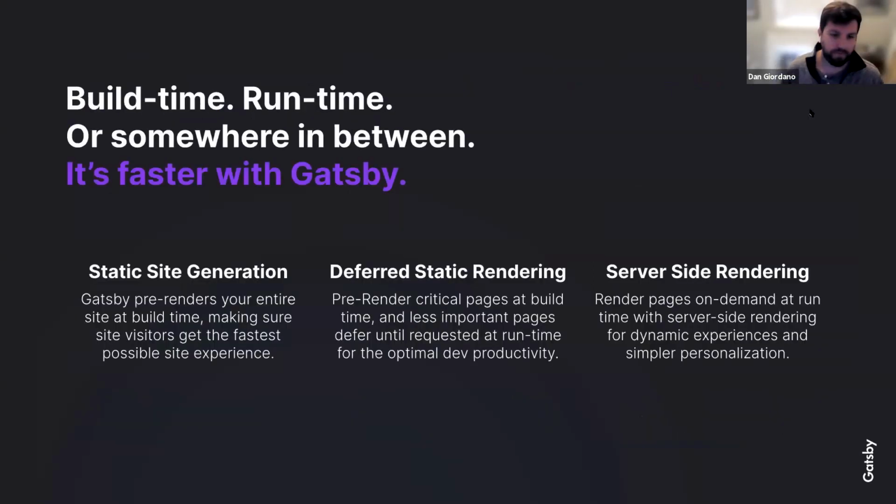Just want to throw this one slide in here quick. We're going to talk a little bit about it, but I've been talking a lot about static site generation, where we're pre-rendering all of the content at build time. With the introduction of Gatsby 4, we also now have access to multiple methods of rendering, including server-side rendering. So rendering content on the fly while at runtime.